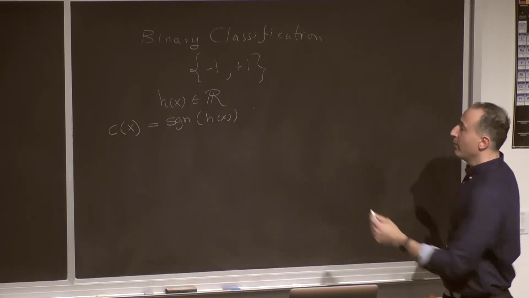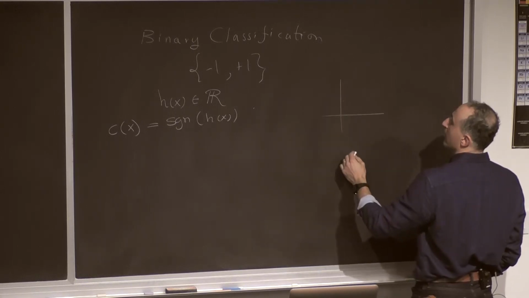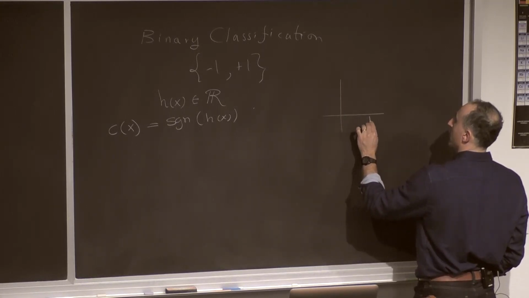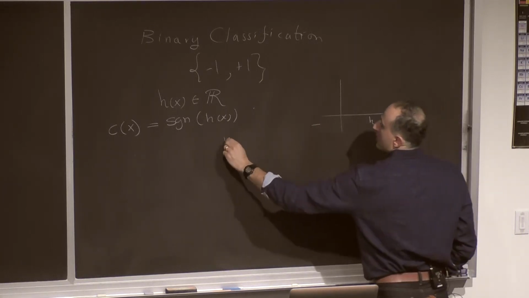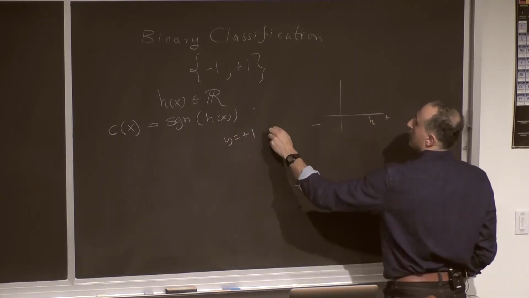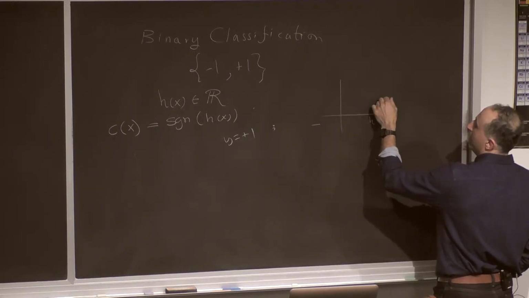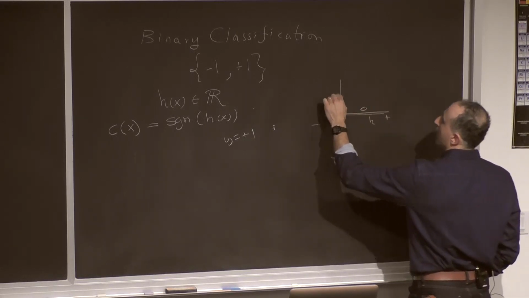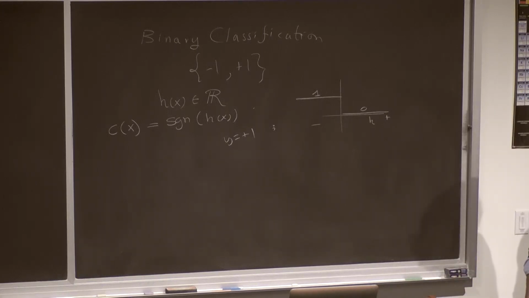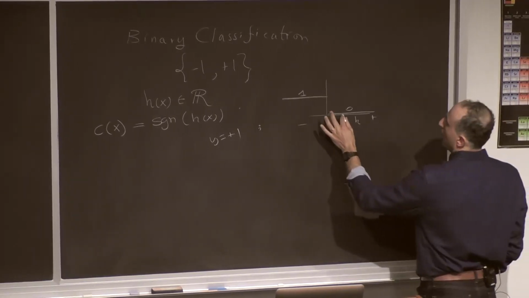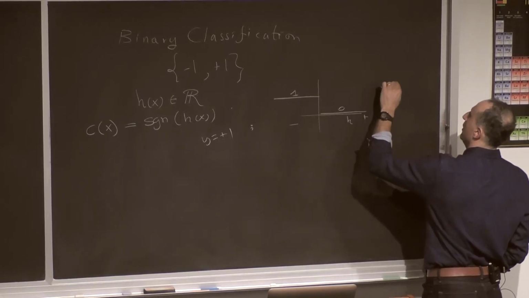Okay, so now when you train, your loss that you actually care about is that if this is your value h, and let's say that y is equal to +1, then you're happy here, so your loss is 0, and you're unhappy here, so your loss is 1. Right or wrong? Okay? Now, what you actually do, so this is the 0-1 loss,